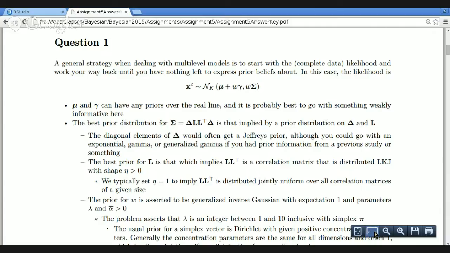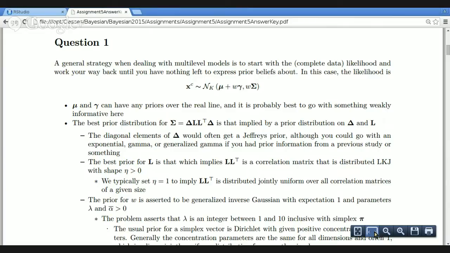It all gets combined together into one thing that Rubin calls the complete data likelihood, which, if you think about this as something that you would construct before you see the data, like ostensibly you should, then you don't know what observations are going to be missing or observed. You just are expressing your belief that all of them follow this data generating process. And then in terms of working your way out, you need to express your prior beliefs about all the parameters